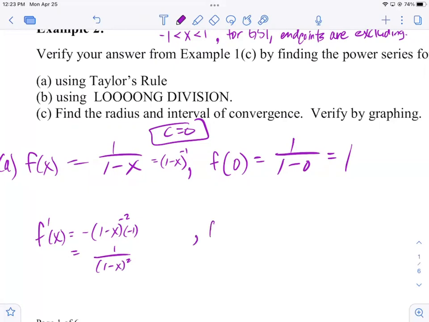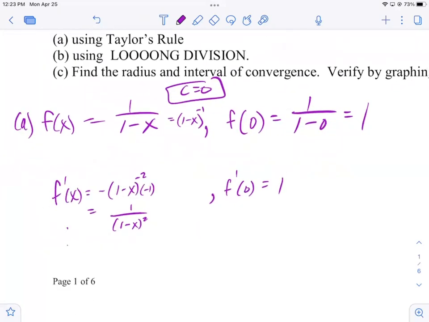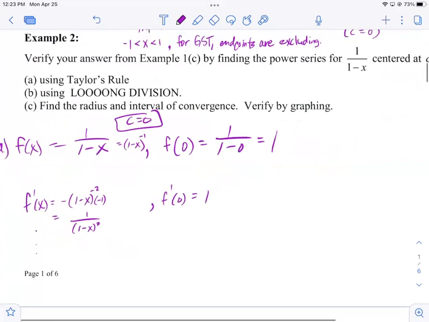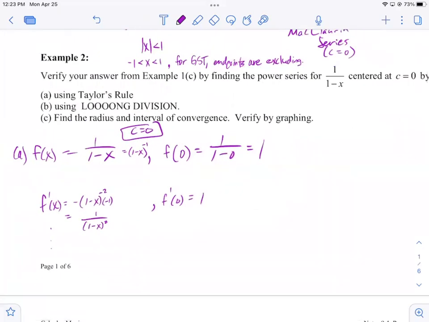And now, what's the first derivative at 0? Well, it's 1. I could keep going in this fashion, but you see already kind of how intensive it's going to be. The next one's going to be like a 2, and then so on and so forth. But if I wanted to, I can then say by Taylor's rule, so 1 over 1 minus x should equal,